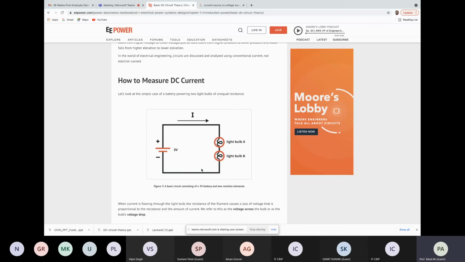shows that you can connect two light bulbs, incandescent bulbs, in series, and then the connection of two bulbs can be connected to a voltage source, maybe a cell, and then current flows, and when it flows through the light bulbs, they get heated up and they give you the light output. Okay.